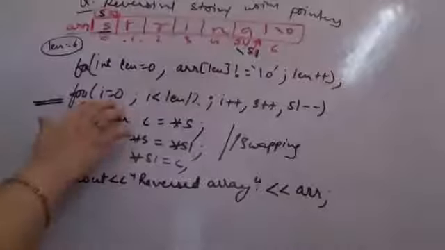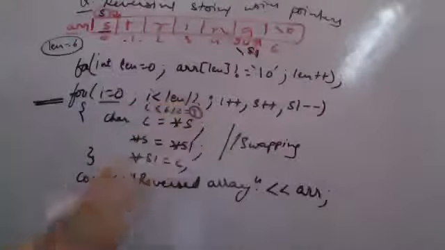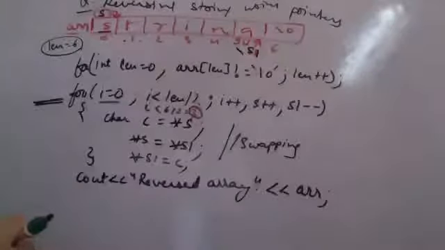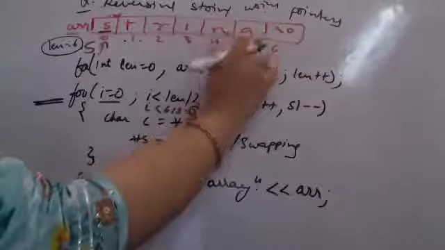Initially, I'm beginning with this loop. We have length equal to 6. The loop is initially I is 0. The loop is going to run till I is less than 6 by 2, which is 3. I is less than 3, the loop will be running. Initially these conditions are not happening. So I have S pointing to this location and S1 pointing to G. S1 is here currently.